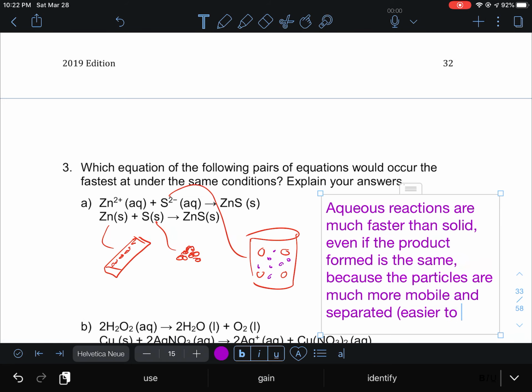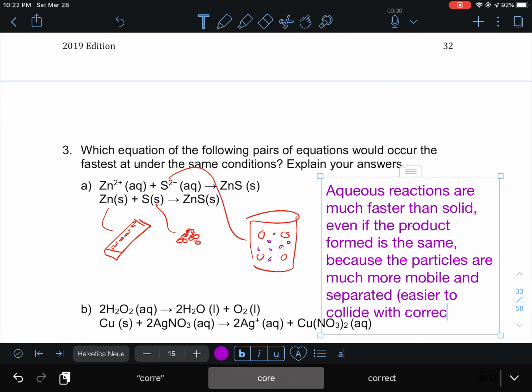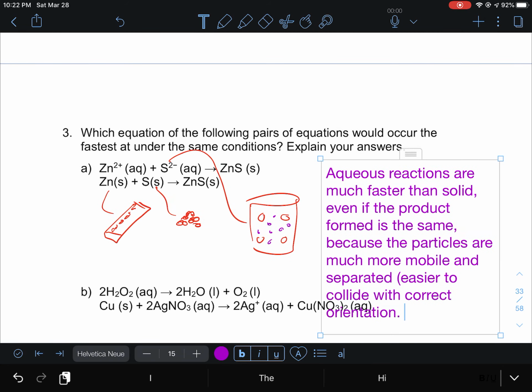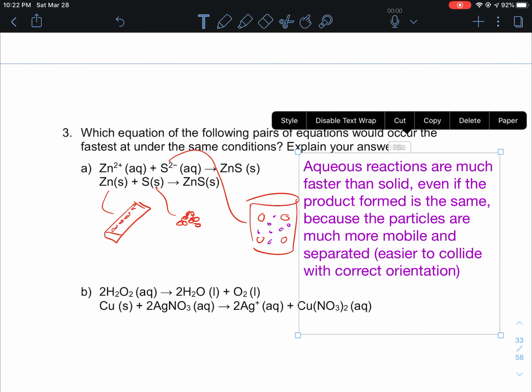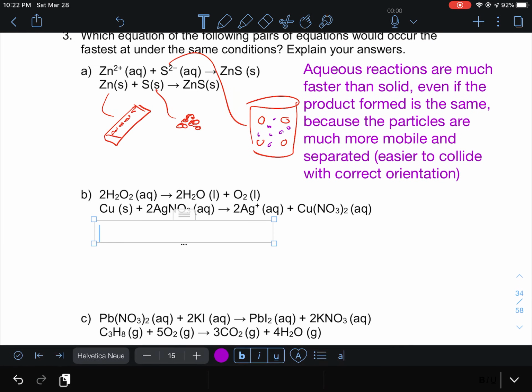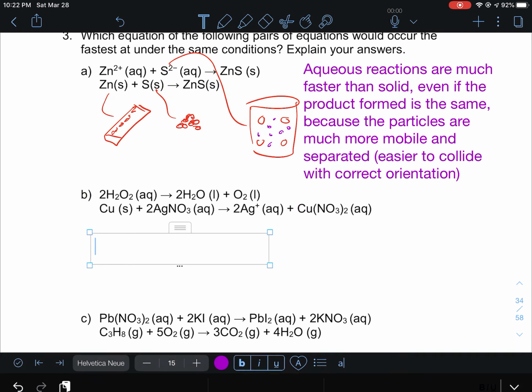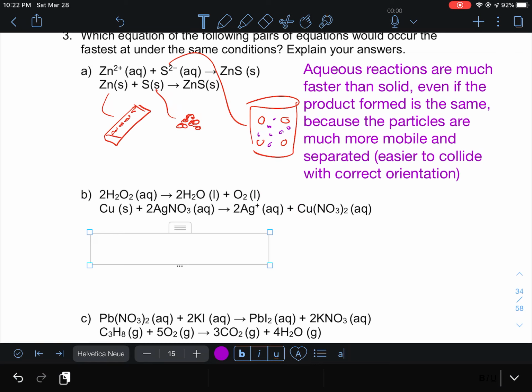Easier to collide with correct orientation. Okay, so in this next reaction, we have an aqueous example of a peroxide breaking down versus a solid and an ionic bond. So I think the example they're going for here was a comparison of bond type. I kind of disagree, but I suppose that peroxide breaking down is elephant toothpaste, which is a pretty violent reaction